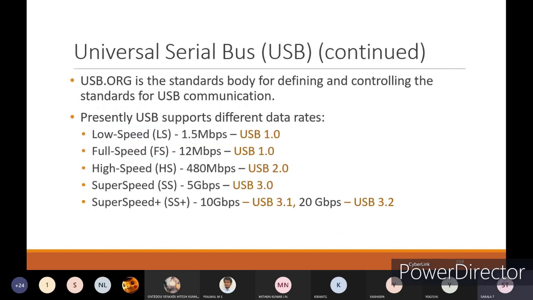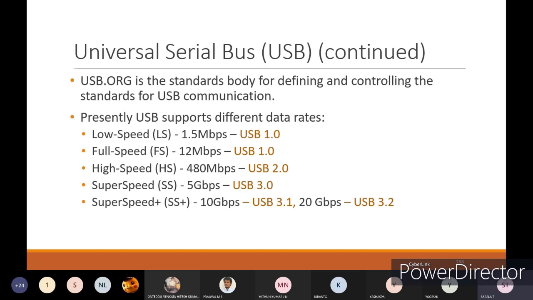And USB.org is the standard body for defining and controlling the standards for USB communication. And presently USB supports different data rates, that is low speed, LS, that is 1.5 Mbps, for USB version 1.5. With respect to full speed, FS, that is 12 Mbps, USB version 1, and high speed